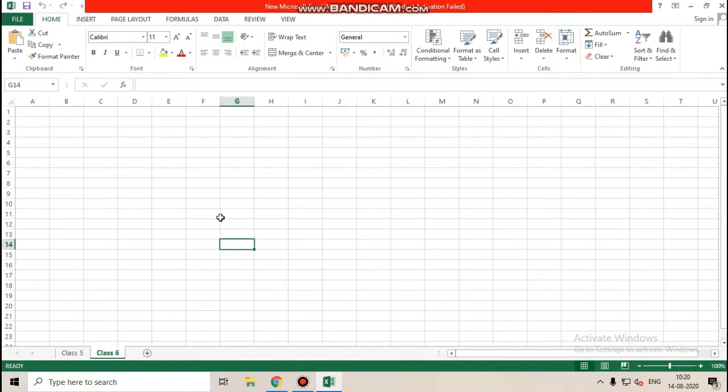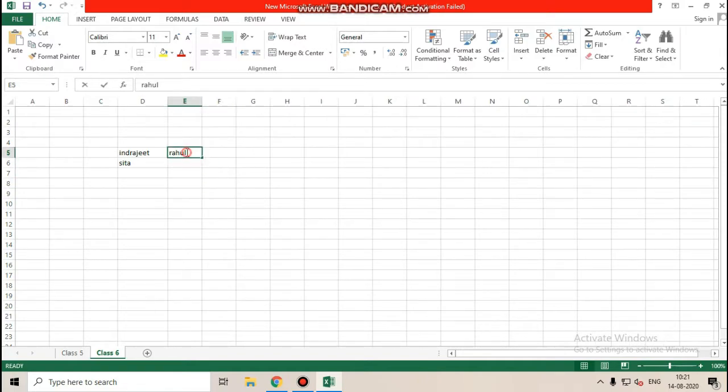Now the active cell we know, the cell address we know. Now we will do some work, practical steps. How will you insert your data? Click on any cell and start typing Indrajit. Now you want to type here, like Rahul. Just now you want to type here, write Sita. Nothing you have to do. Just click on any cell and start typing. This is the first way.